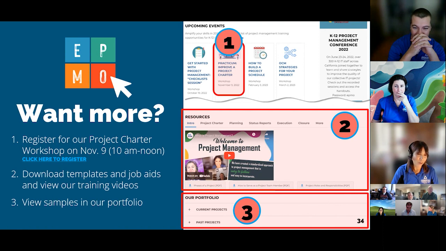And then third, we've heard from many people who say that seeing our samples gives them ideas. So you can go see our portfolio of current and past projects. We have artifacts from each one. They range from project charters to celebrations to final reports. Go click around and see what we've done. And maybe we've even done a project that you're going to be working on, and it might give you some ideas. So we really value your attendance today. We really welcome your engagement.